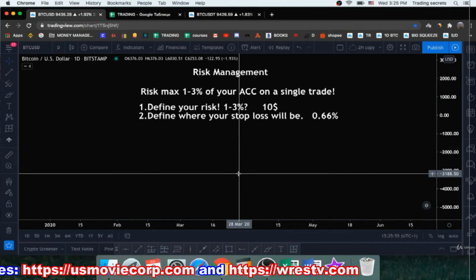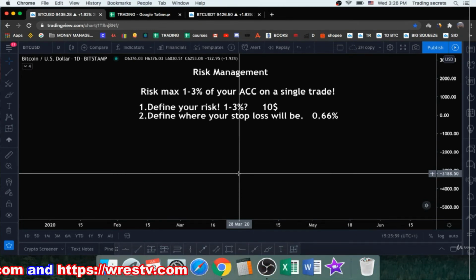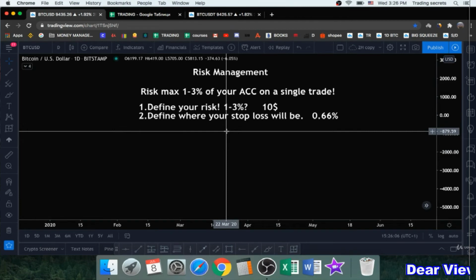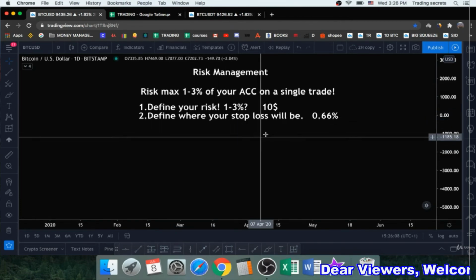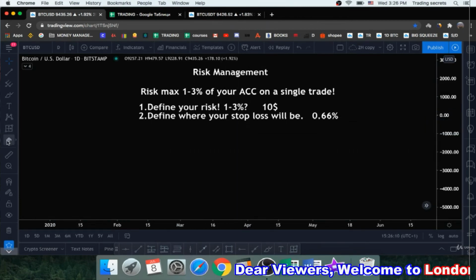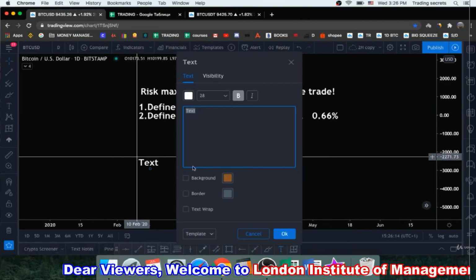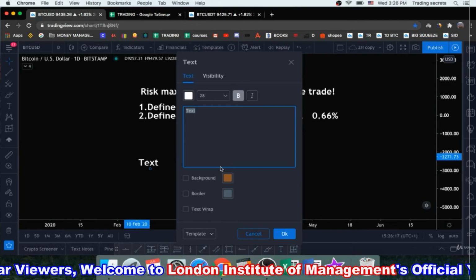And you have to do that, guys. You should not be one of these people who don't calculate this stuff and who just simply enter all in or stuff like that, and they don't have any risk management, any stop losses, or anything like this. You have to go through this process. So now to calculate your position size, let me write it for you.